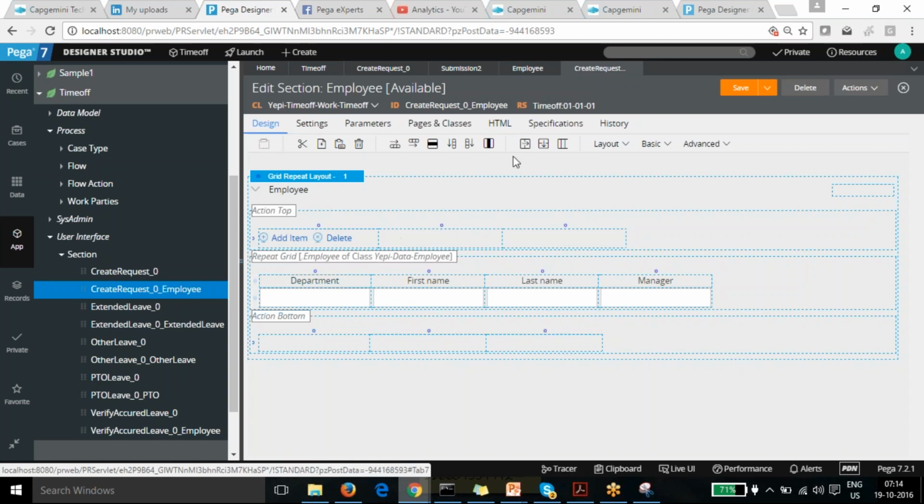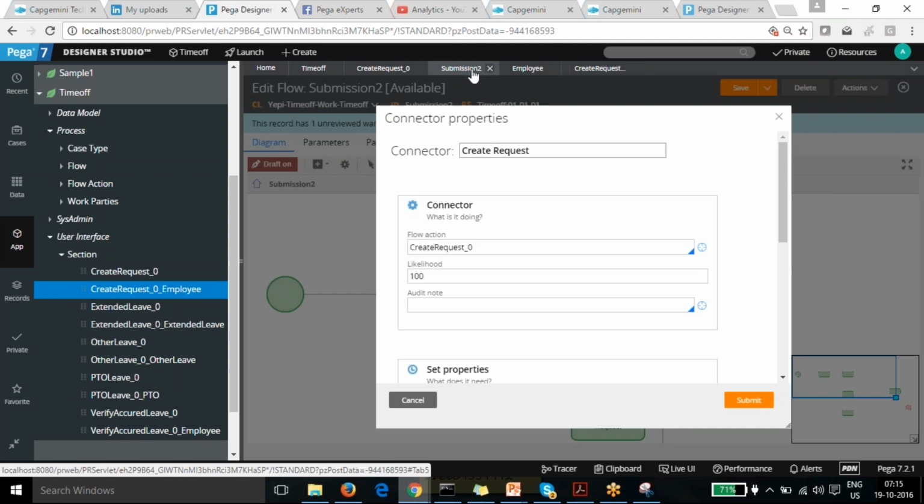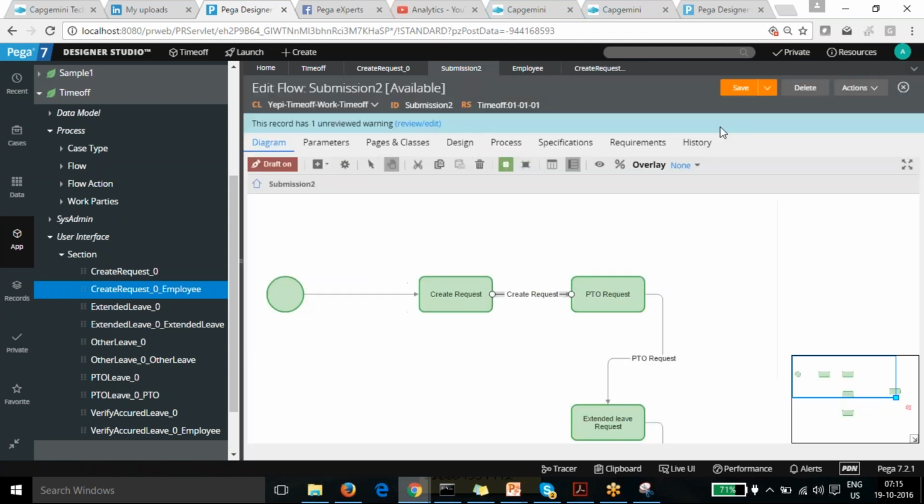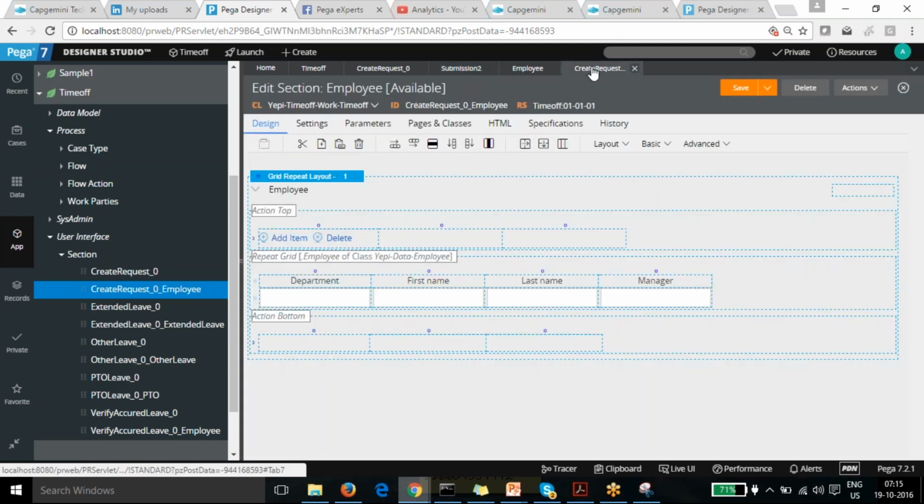Actually, I made this a single one, but it's still showing as a field group list. I think we have seen this in another class. I think we have made some changes to this as well. Actually, when we were discussing the UI, we changed this grid one.